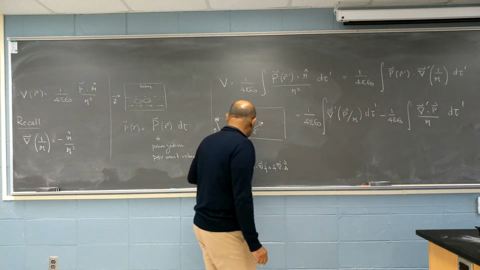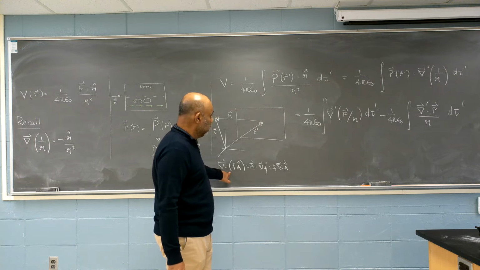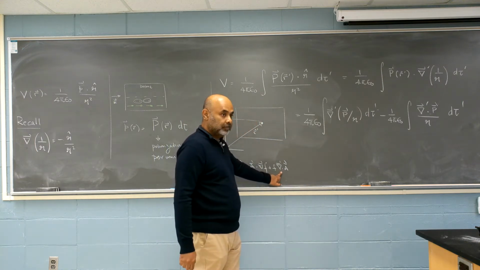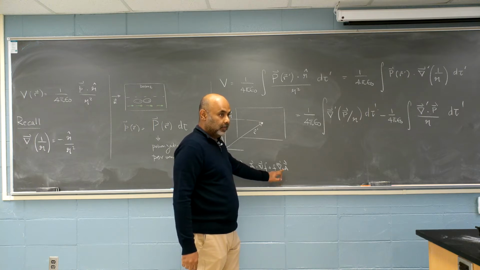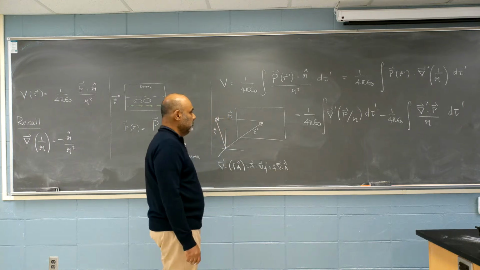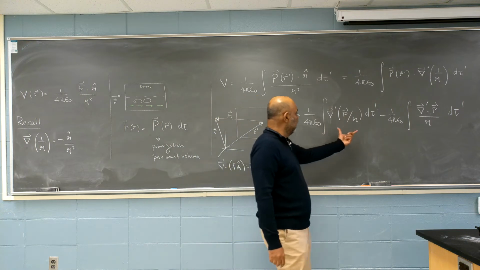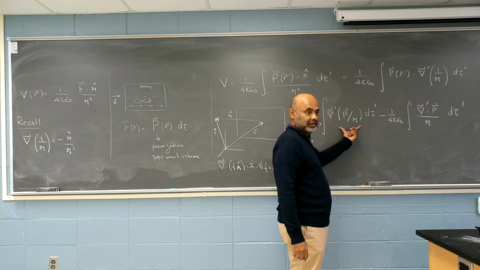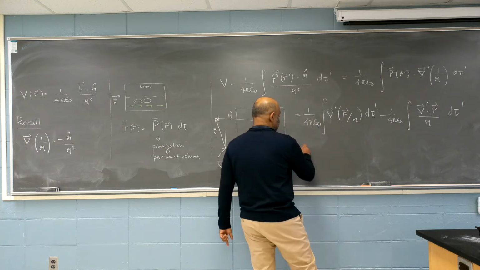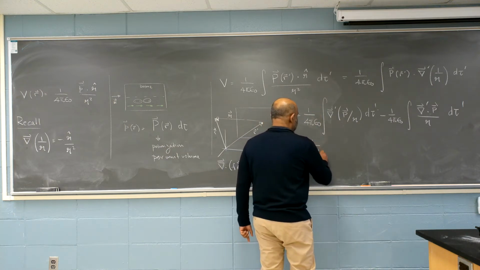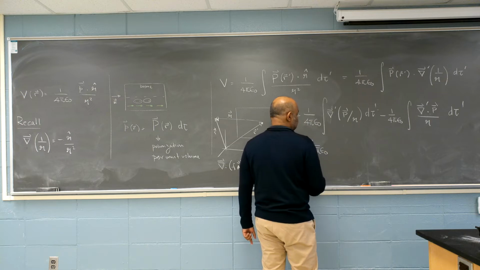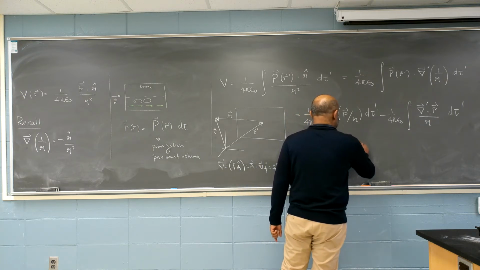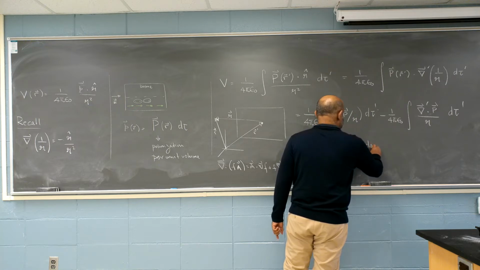So that's equal to this term, the total divergence, minus this term. Okay? This is obviously, I can use the divergence theorem here and write this as 1 over 4 pi epsilon naught P dot n dA